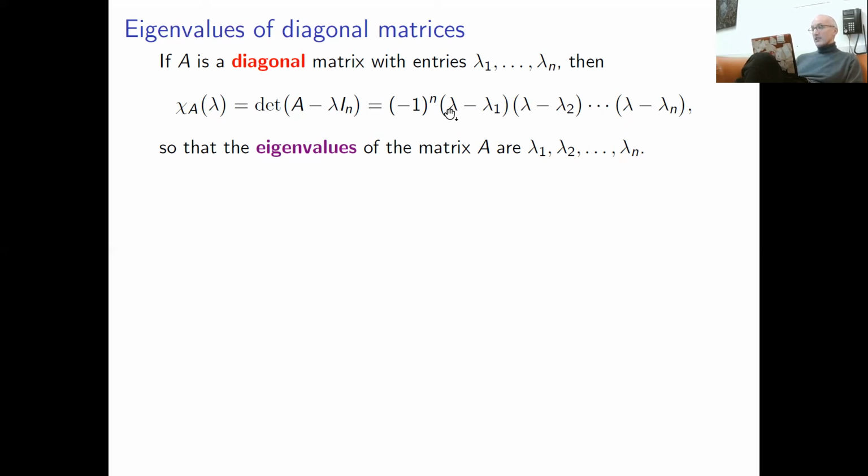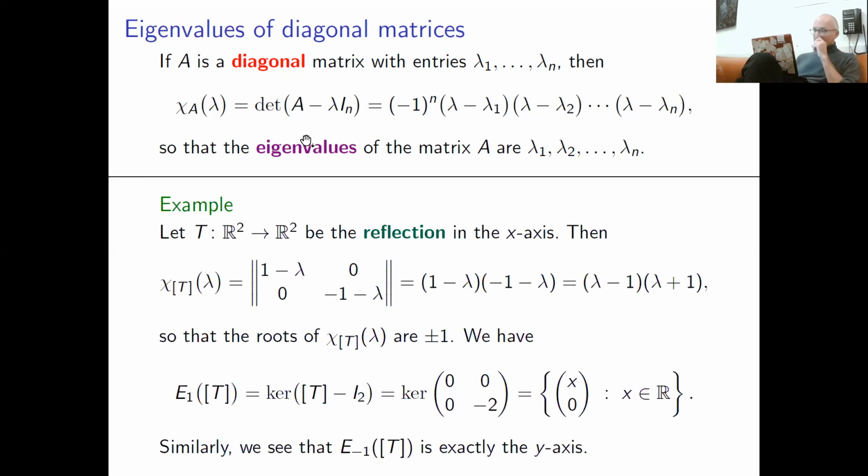And by definition, more or less, it means that the roots of this polynomial are exactly the diagonal entries. All of them are real. And yeah, so we found the formula for the eigenvalues. And of course, you can use the definition for eigenvector, and you can see that the standard vectors E1, E2, up to En are eigenvectors of matrix A in this case, with eigenvalues lambda 1, lambda 2, lambda n respectively. Okay. So here's another example.